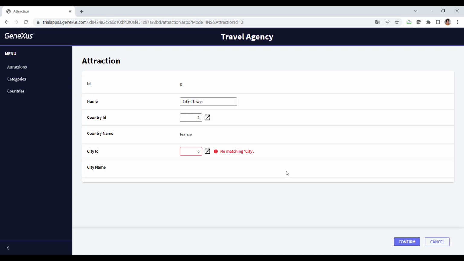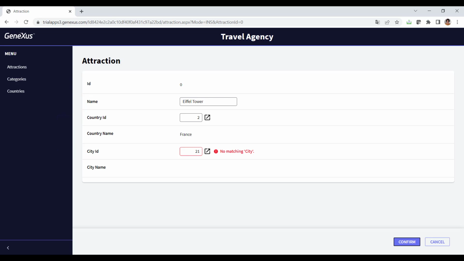The same message will appear if in city ID we enter a value that doesn't exist. In other words, the pair made up of the values indicated in country ID and city ID must exist as a primary key in the country-city table.